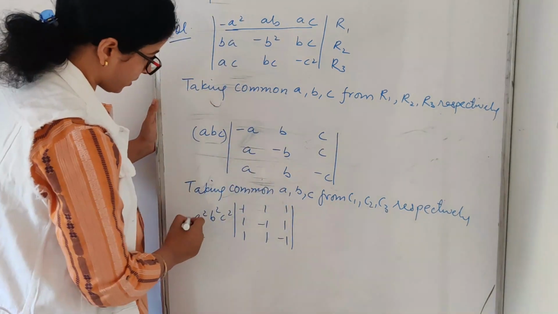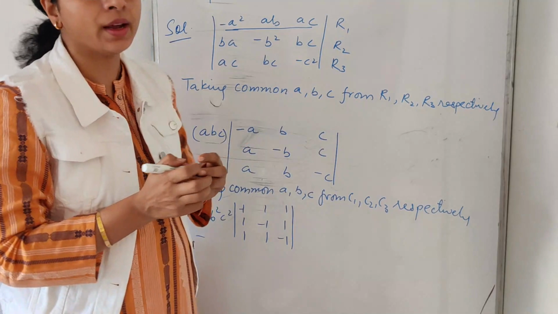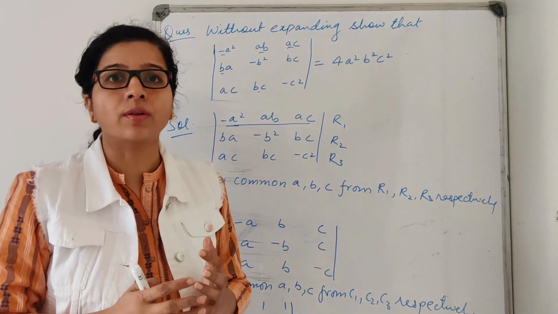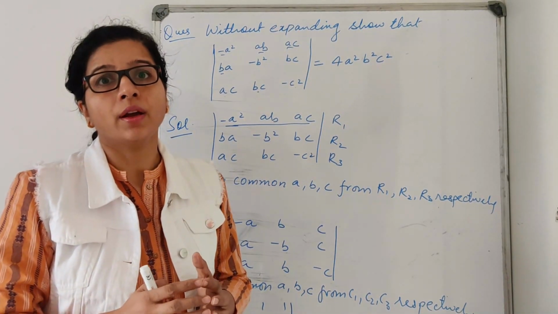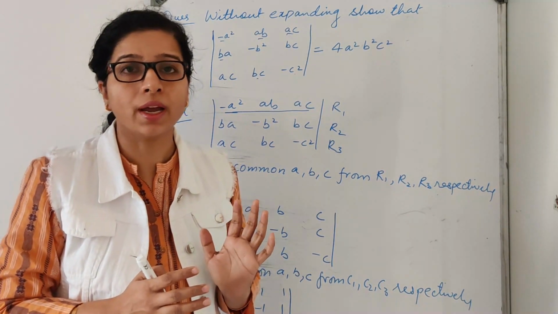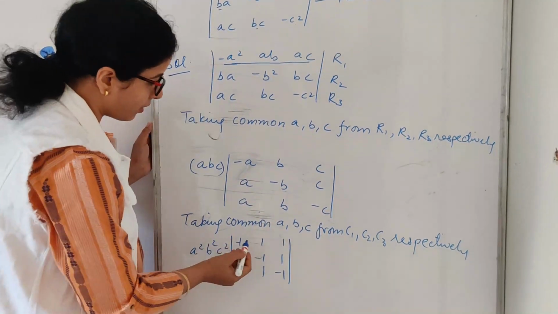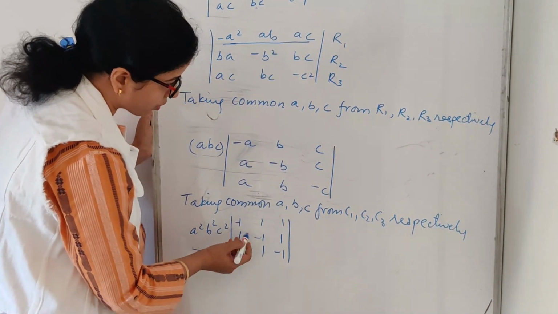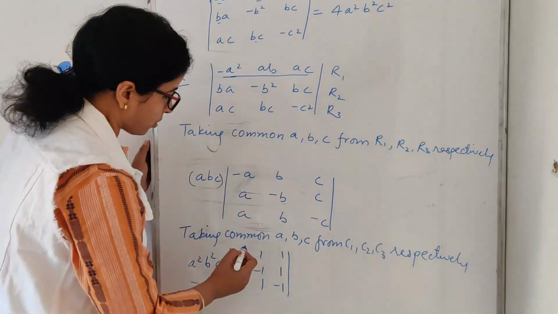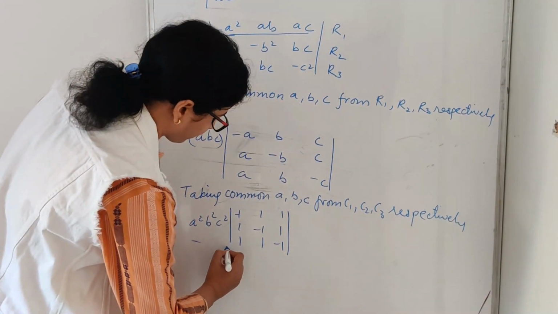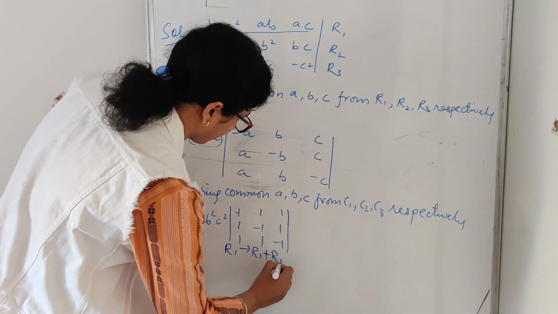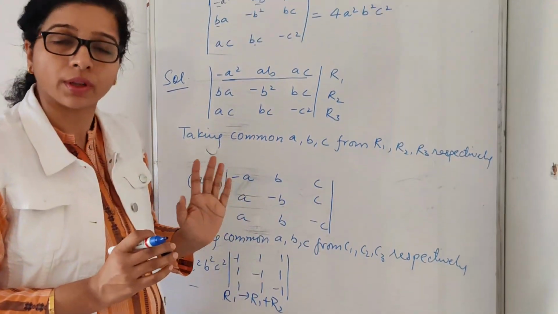Now see, when I was telling you the algorithms, I told you the determinant's value becomes easy to calculate if we can make some zeros in the same row or same column. So what I am planning to do here is add these two columns or these two rows, so I'll get 2 zeros, and it will be easy for me to find the value of the determinant. So now I am going to do R1 tends to R1 plus R2. You can add column 1 and column 2 also, that is also fine.